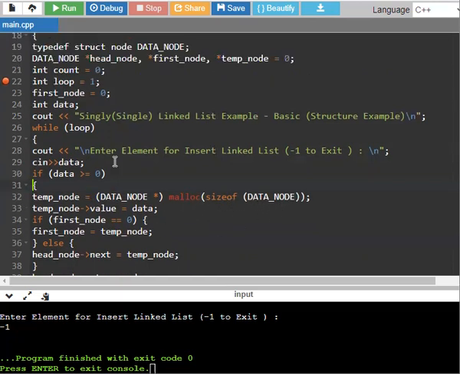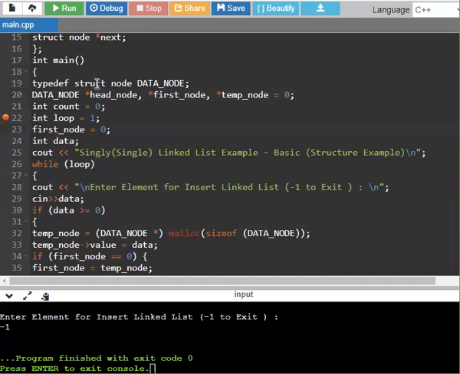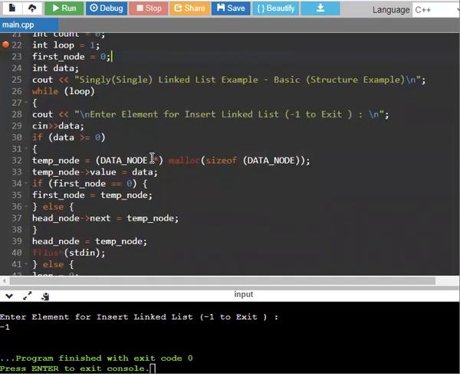That is, the data node is a, we can represent it for forming the structure. So we have to allocate the memory in advance for the linked list based on the data node. So we can allocate the size of the data and it can be stored into the temp node.